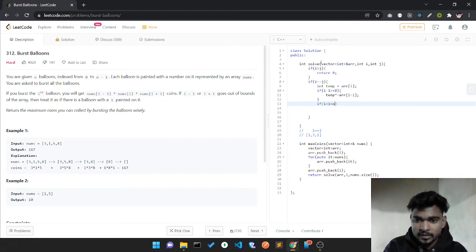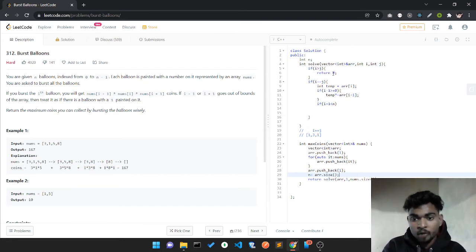Let's make n global, because I don't want to pass one more parameter: int n, which is equal to array.size.